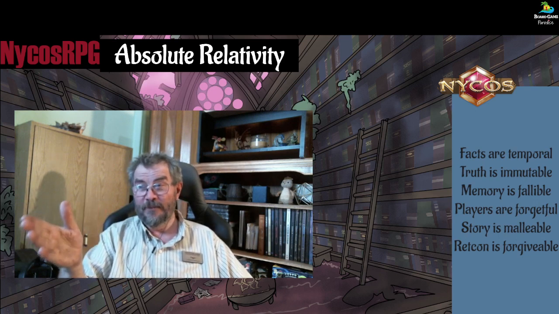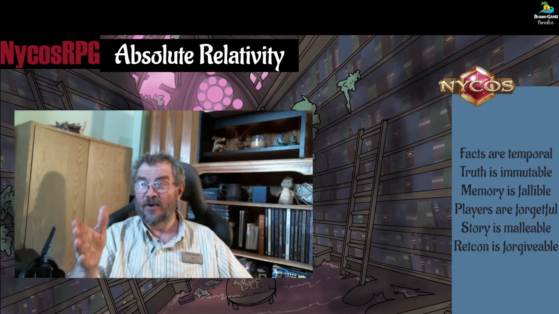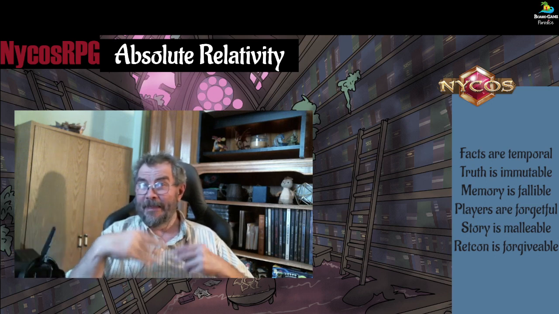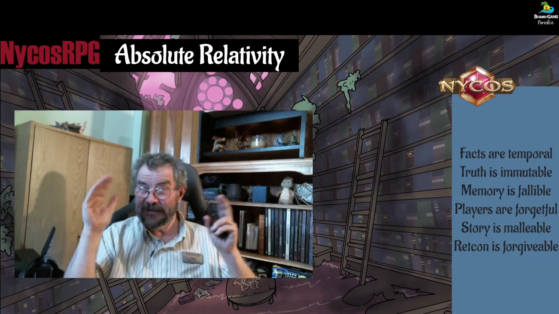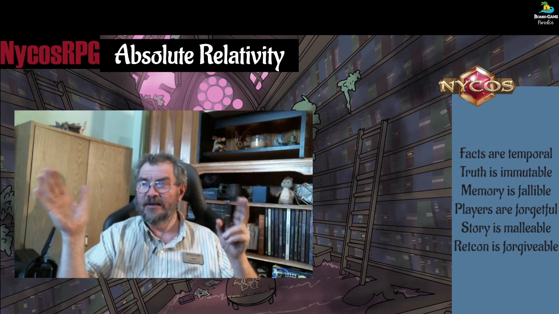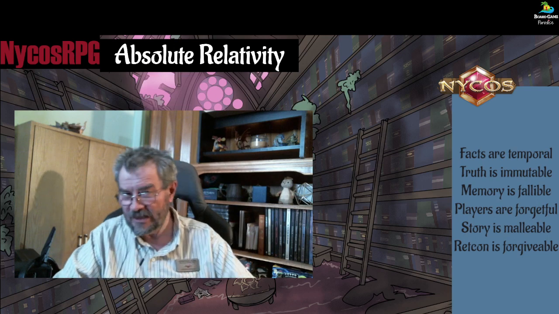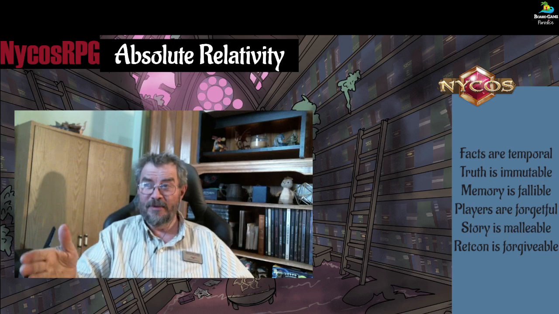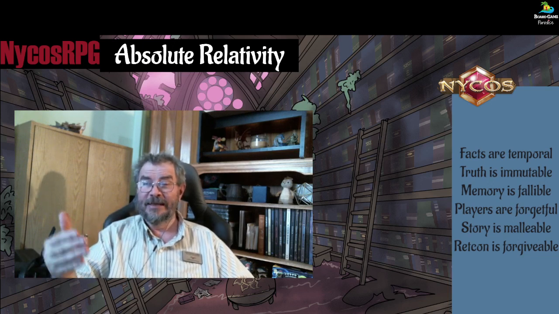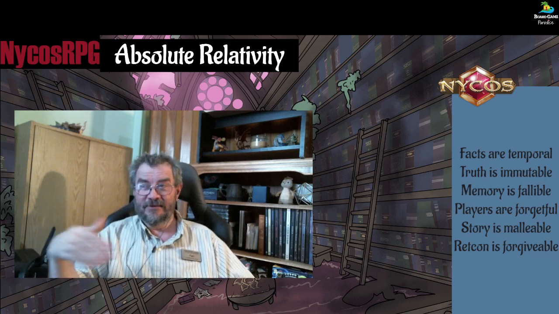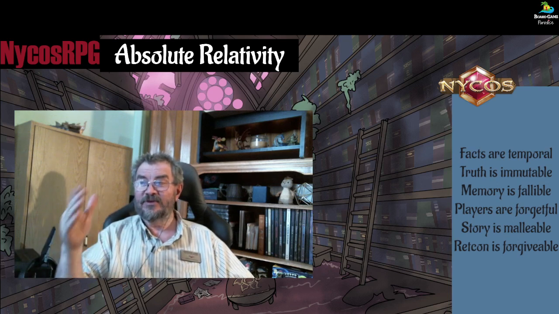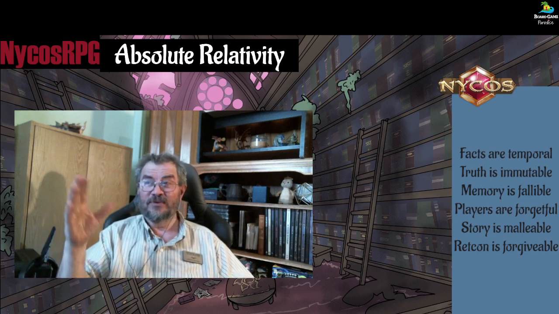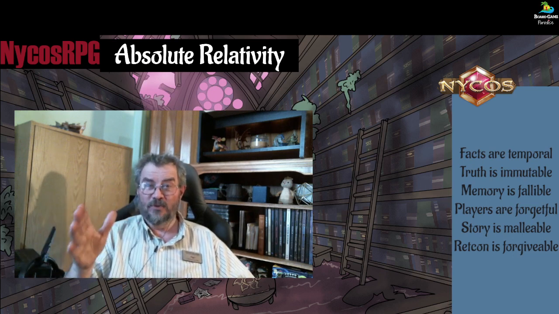So therefore, because the facts are temporal, memory is fallible, and the players are forgetful, that means that the elements, even the critical elements of the story, have to be malleable. They have to be adjustable. You have to be able to go with the flow with what the characters do remember and what they are acting upon, even if that is not the memory you have of it. So just realize that all of those pieces really come down to the issue that when we talk about absolute relativity,